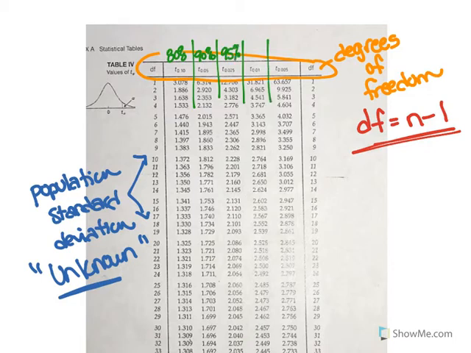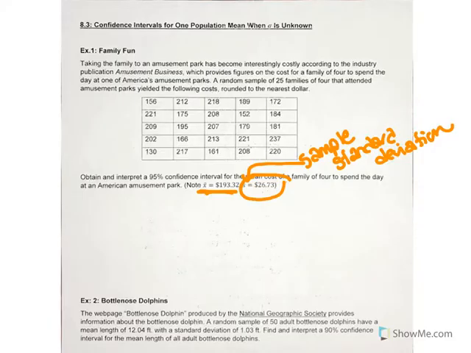Third column is 95. The next one is 98. And the last one will be 99. So it has the same order as your percents, okay? So this time, not only do you need to be mindful of the percent that lets you know what column you're on, but you need to make sure you have the right DF, which would mean what row we're on, okay? So keeping that in mind, going back to our example,